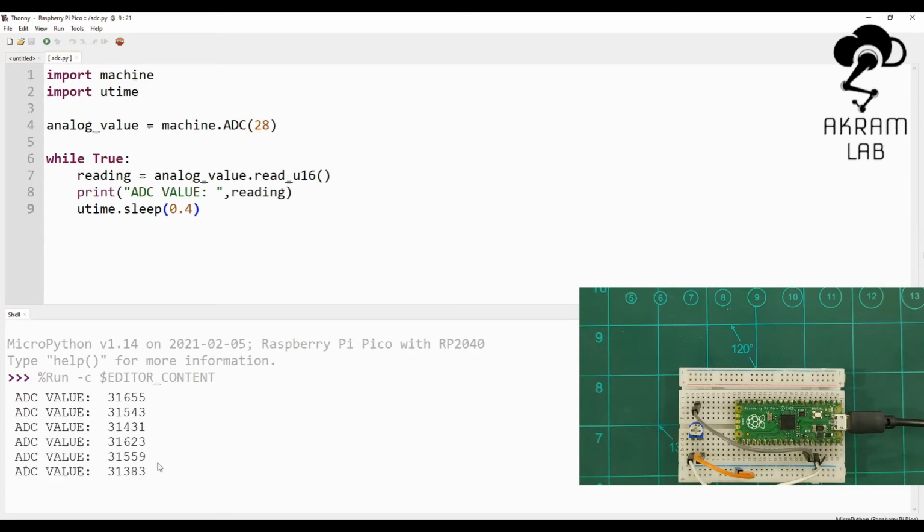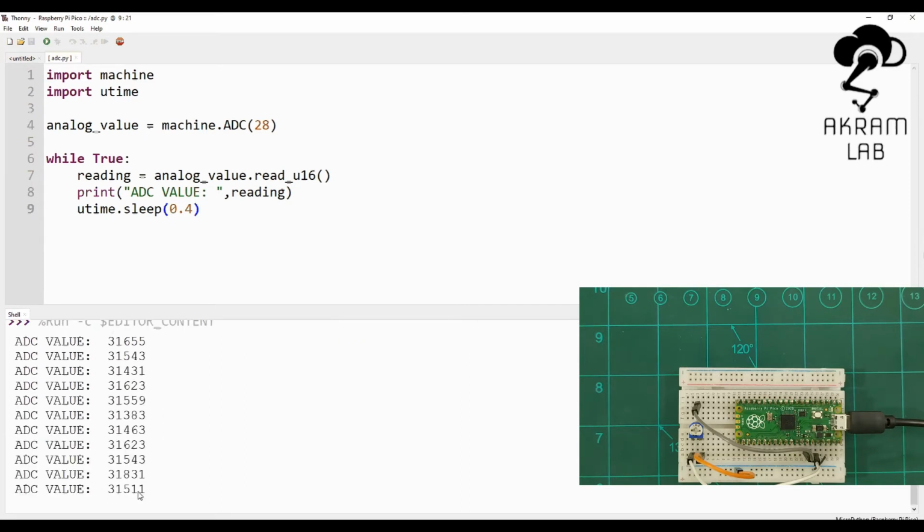Here you can see that the ADC value is 31,000 and something, but the maximum value it should read is 4096, because as I mentioned, it is a 12-bit ADC. Raspberry Pi Pico has only a 12-bit ADC.